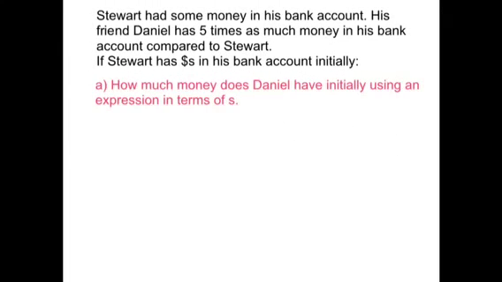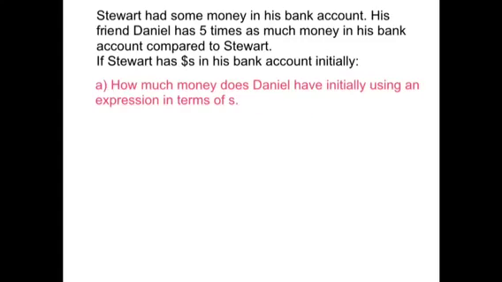Stuart had some money in his bank account. His friend Daniel has 5 times as much money in his bank account compared to Stuart. If Stuart has $S in his bank account initially, how much money does Daniel have initially using an expression in